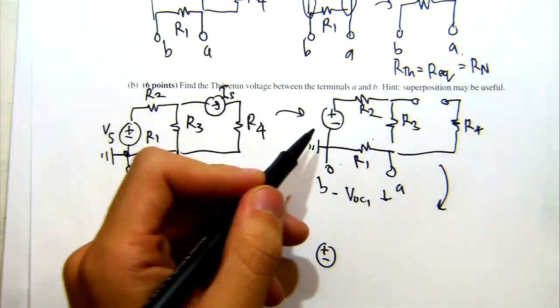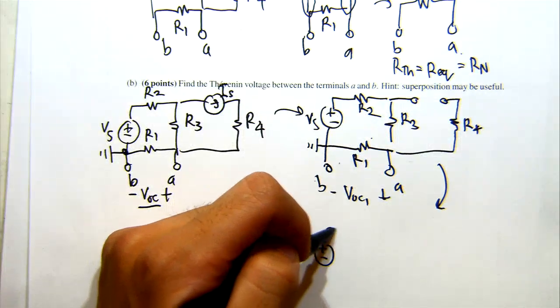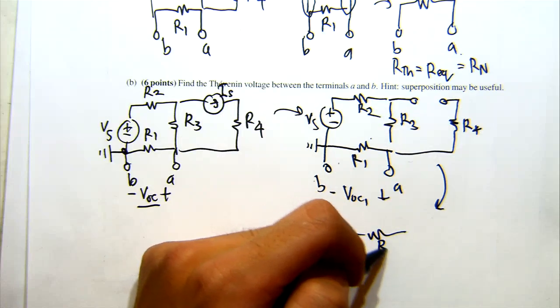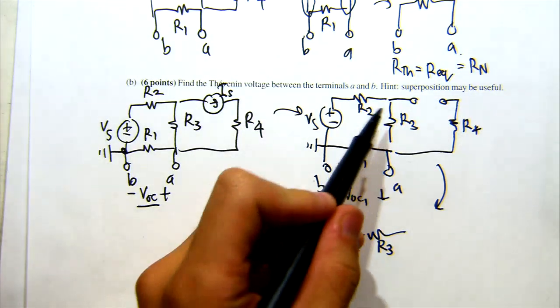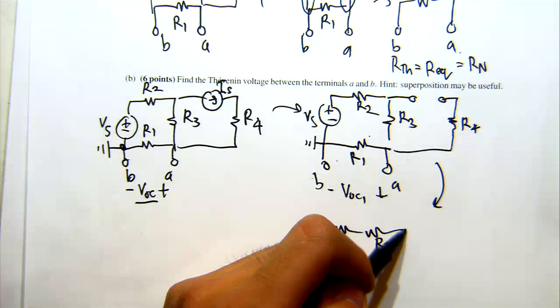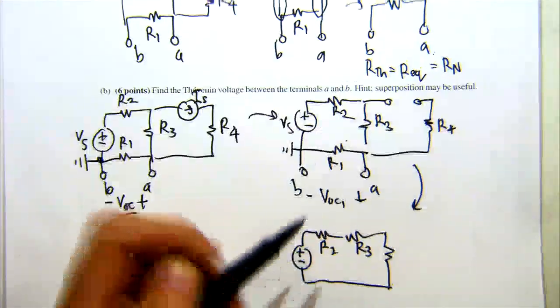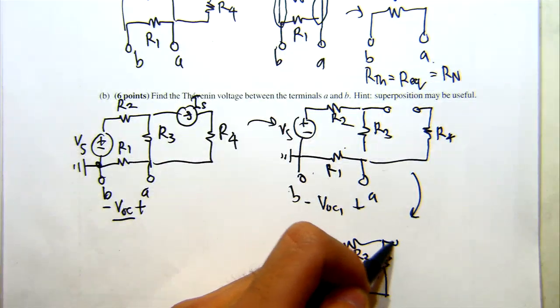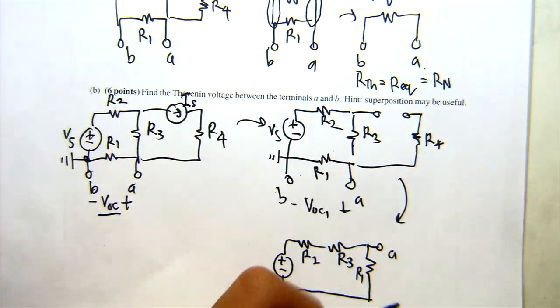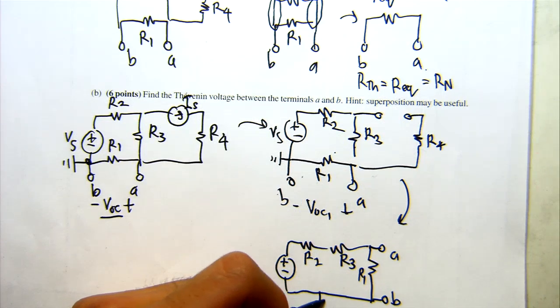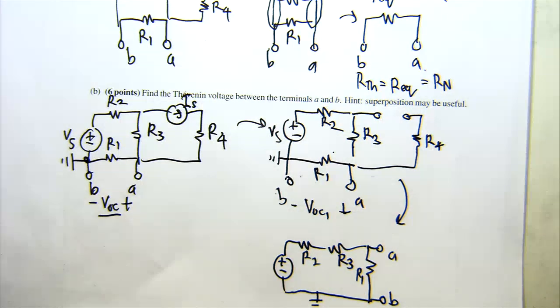First, I'm going to draw the voltage source Vs, and then I'll draw R2. I'm going to rearrange the circuit a little bit. So long as I keep R2 and R3 connected, this is still going to be the same circuit. Next, I have R1 right here. And then you see right here where R3 and R1 connect, I have terminal A. So that's one way I'm keeping track of what's going on here. On the other side of R1, I have terminal B. And that's exactly where my ground node is. So if you look at the circuit, does this look familiar at all?